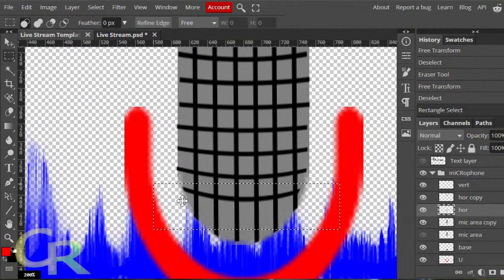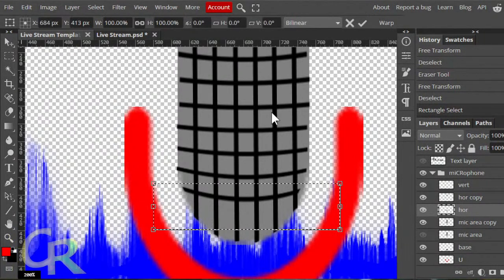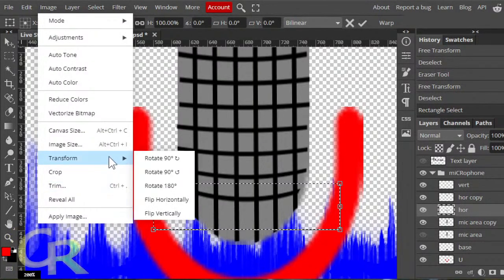The marching ants, that dash lines, whatever you want to call it. I'll Control T for trans... It's not transform. Yeah, okay. Let's go to it then.